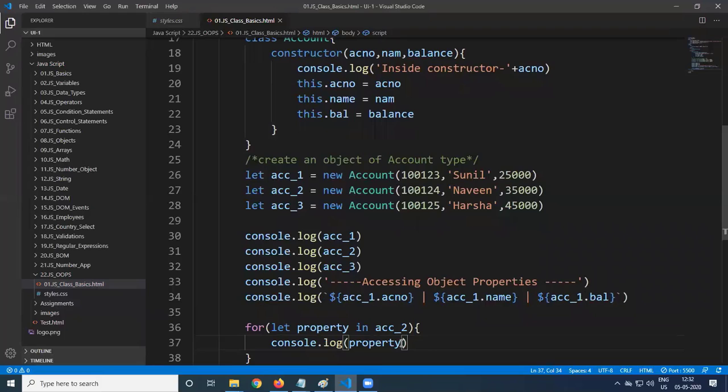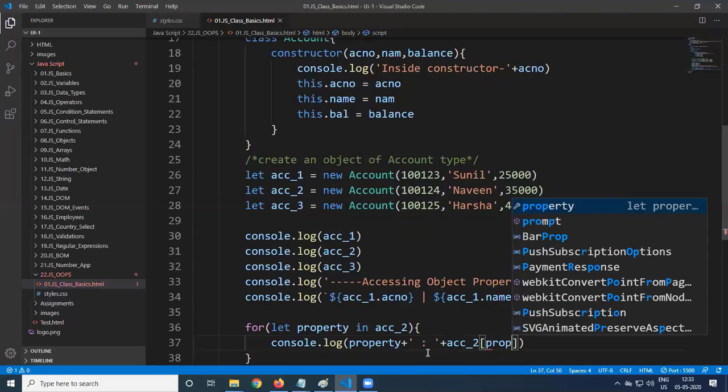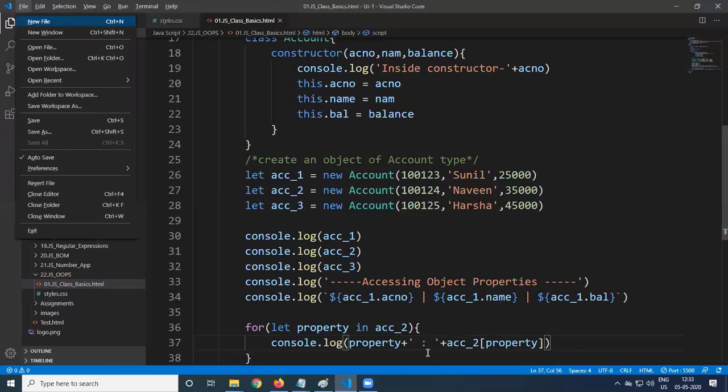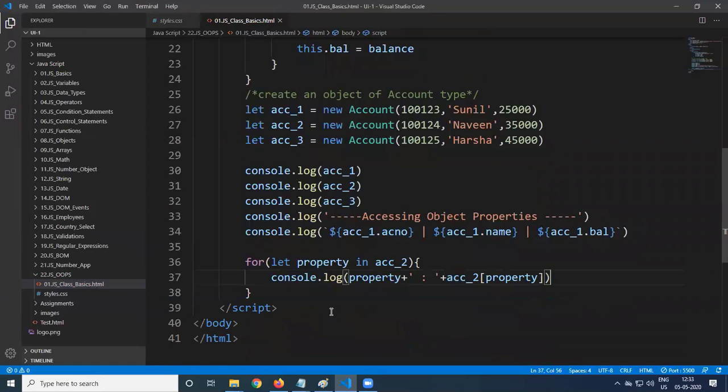So we got the property, but in the place of property, what is that we want? Plus the value. So in order to get the value, ACC_2 of property. So this is 100124, Naveen, and 35,000. This is the second object properties we are getting.